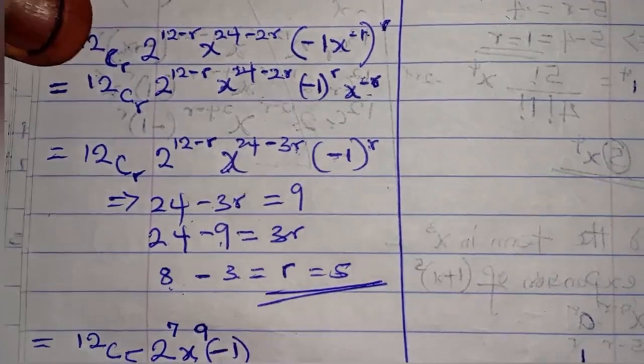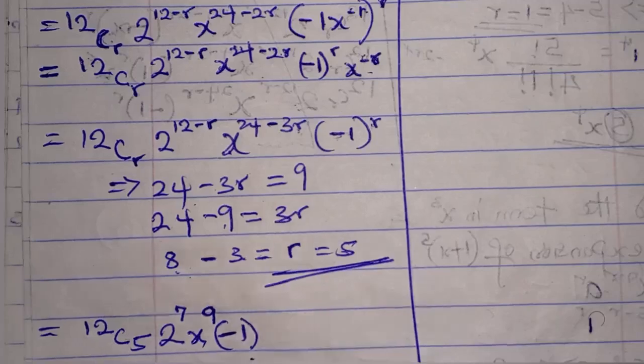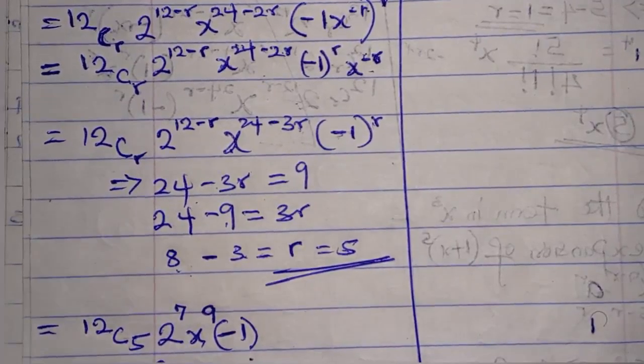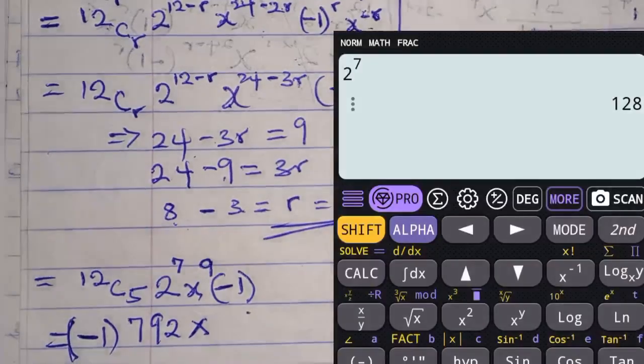So the answer is going to be a negative result. So 12 combination 5 is 792. So we have 792 times 2 raised to the power 7. What's 2 raised to the power 7? 128